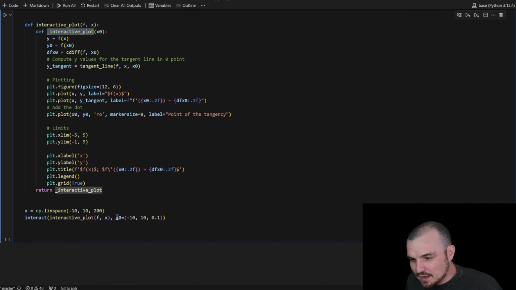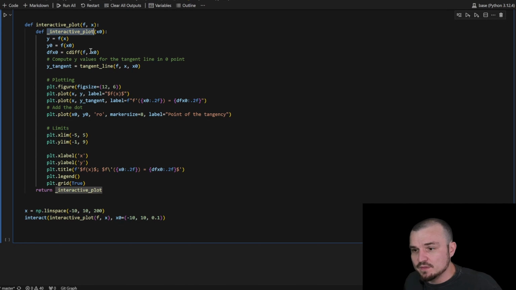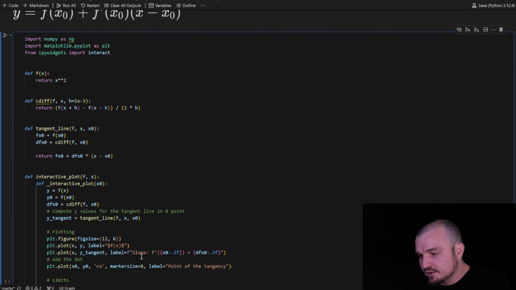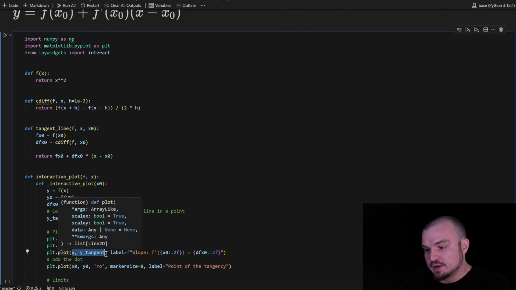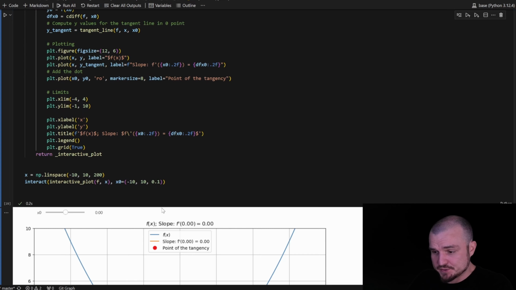And interact provides x0 as the argument to the underscore interactive plot. The most important information in this example is condensed in the slope of our function. I add this text, slope, to the label of our tangent line and to the legend of our plot. Let's run this code.